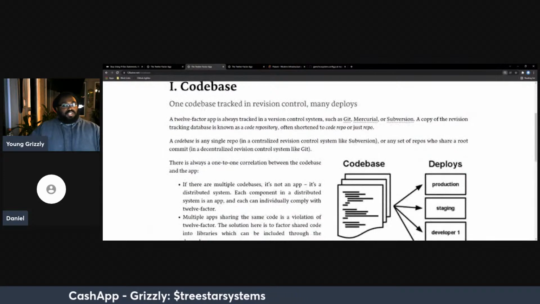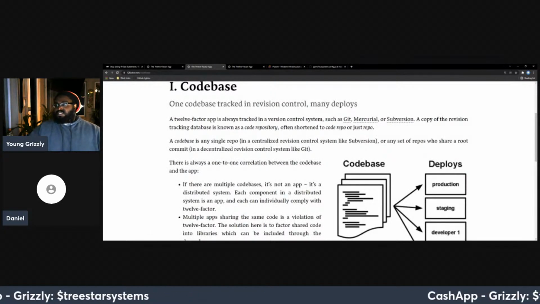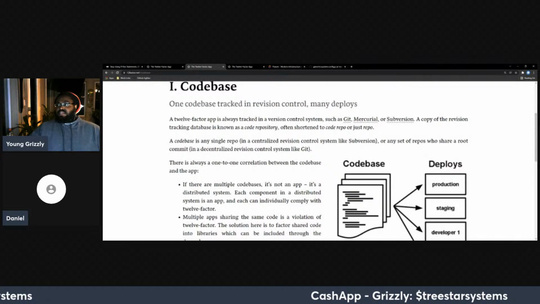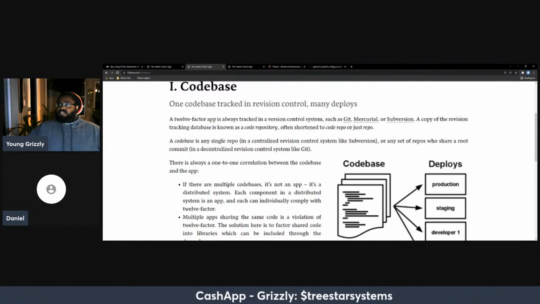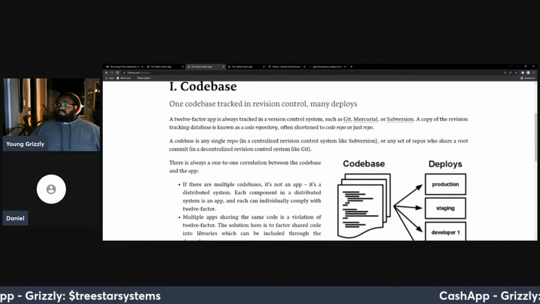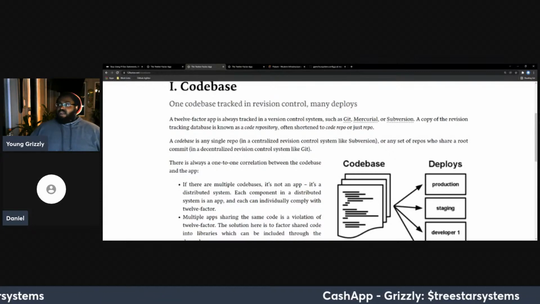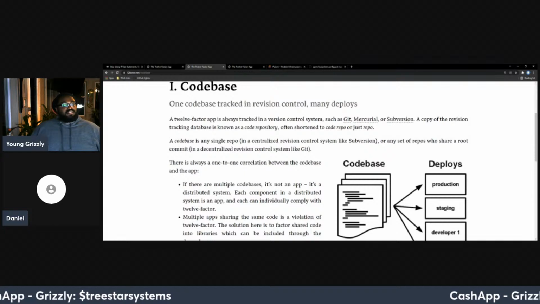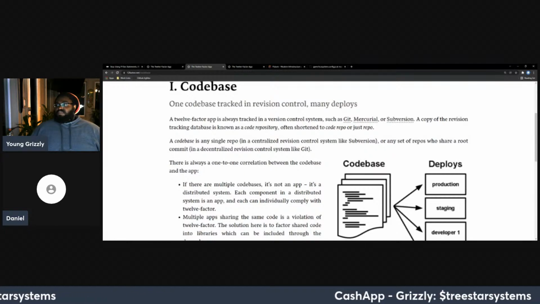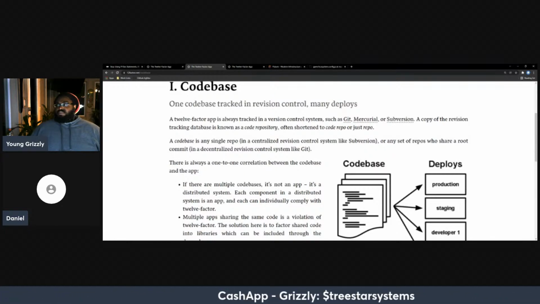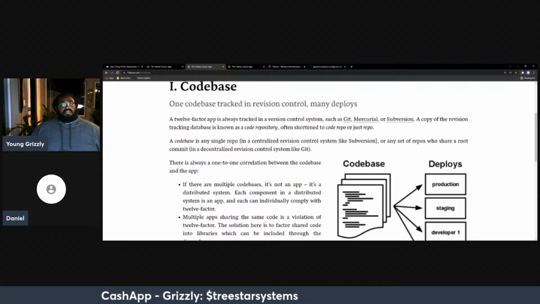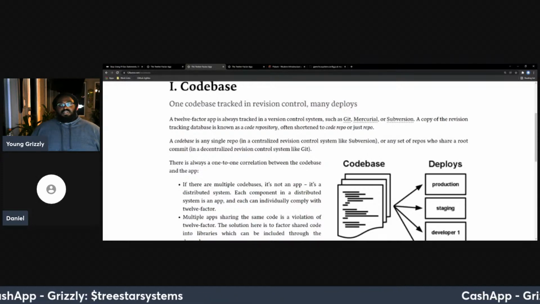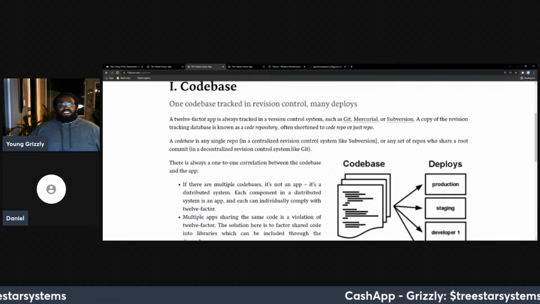So I did want to go into the code base, and Dan, I know it's reaching the 11 o'clock mark Eastern on our side. How do you feel about moving forward? Give me 1 second. I'm checking in now with the team. Okay, I'll get this started while you're doing that. So I just want to break down these different sections little by little. One is code base. Oh, and Dan, let me know if you need to mute me or anything like that, or if you want me to stop so you can listen. I'm replying to messages. That's fine. I can hear you. Oh, okay. All right, cool. I didn't know if you were on a call or something.